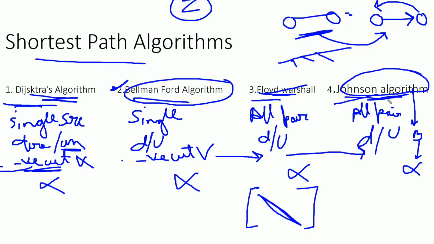Now next is Johnson algorithm. In Johnson algorithm, in the first step we perform Bellman-Ford, and using Bellman-Ford, if the graph contains a negative weight cycle, we will terminate the procedure. We will not use Dijkstra algorithm further, because in a negative weight cycle graph, it's not possible to find